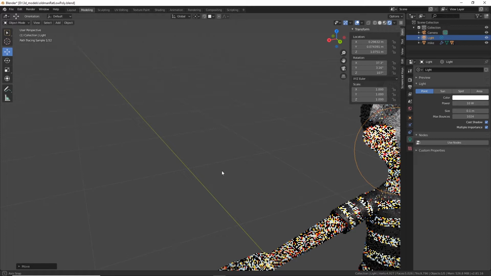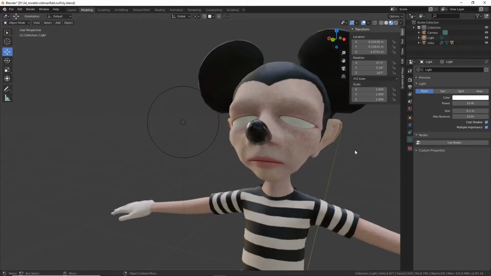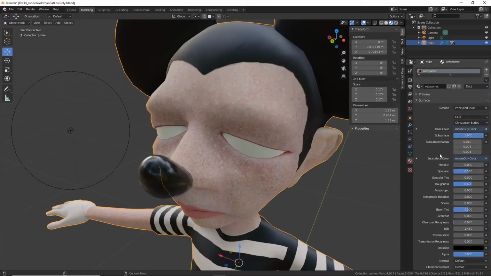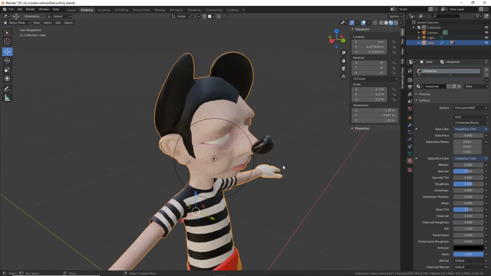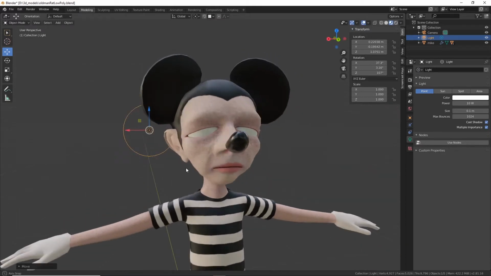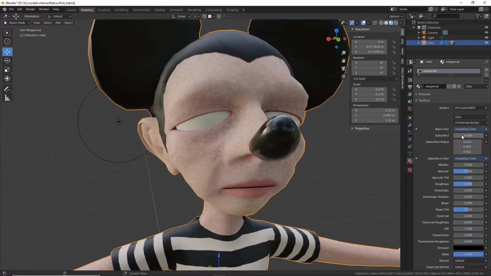Now to get the effect in Eevee. So you can see that doesn't, let's go ahead and go back to select in the material. If we take the subsurface all the way down, it doesn't change much, partly because part of the subsurface effect is that it should only really be obvious in thin areas. So I'm going to put this light behind the ear so you can see. Then we'll go back and select him, crank it up,